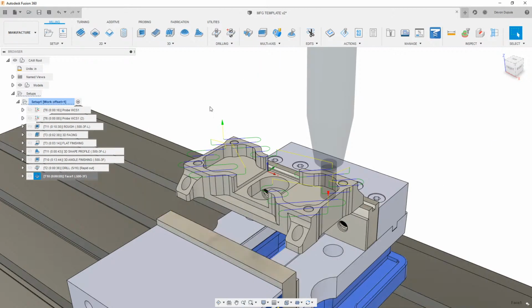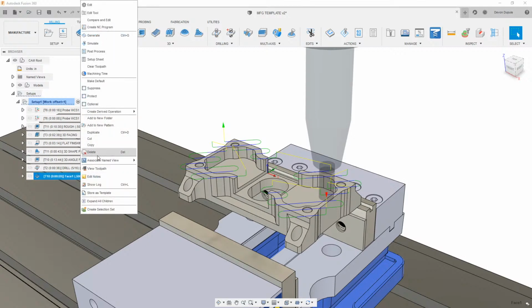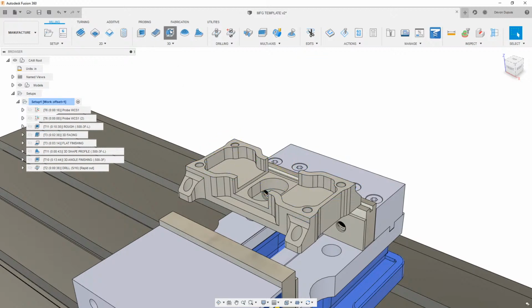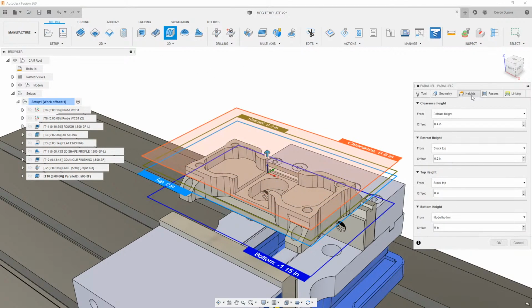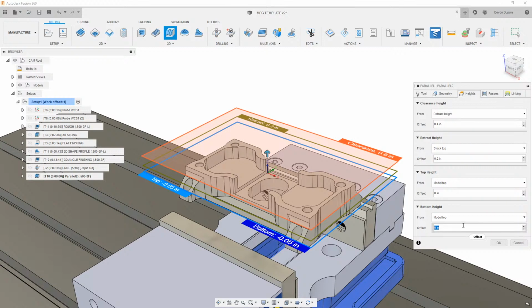Now, how did I get Fusion to do this without making any selections? All I did was in this 3D facing, this is really just a parallel toolpath, right? And all I did on the heights page is tell it to cut to my model top, and then sometimes you might have to put in minus 0.001 or something to get this to work correctly, depending on your model. So if you have any fussing or whatever, I would just put a small value in here, and then you can tell the top